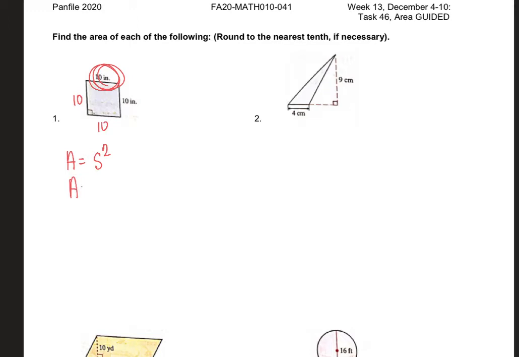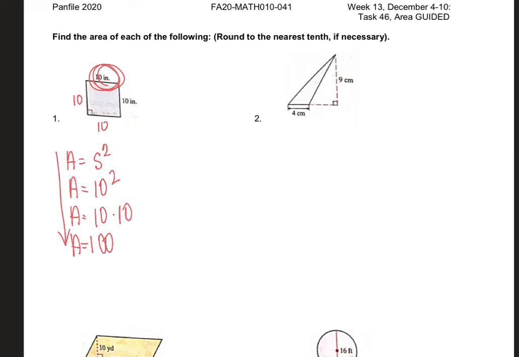So really this is 10 squared or 10 times 10, which gives me 100. Notice how I write this A equals down every time. I don't drop it. I don't lose it. This is the first thing that we've done with a variable that sticks throughout, and it's important to keep it